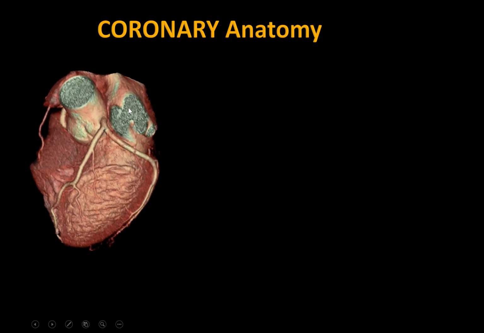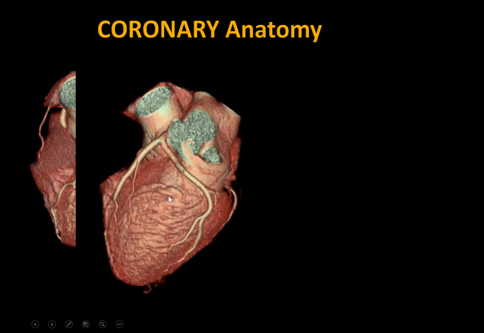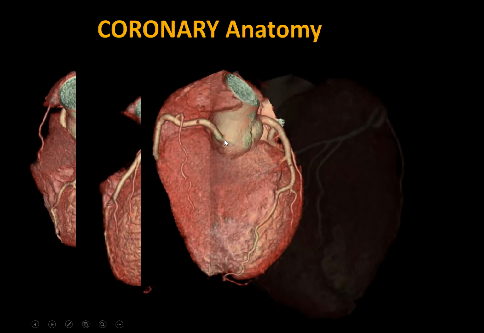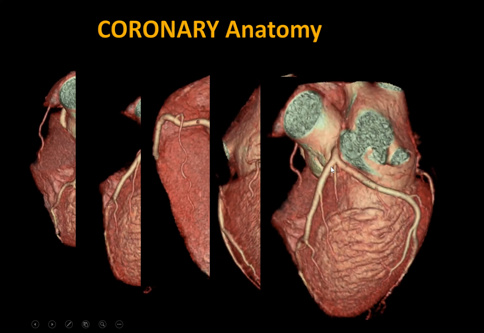There are two coronary systems. The left coronary system arises from the left aortic sinus and divides into LAD and LCX, which run in the atrioventricular groove. The right coronary system arises from the right aortic sinus, runs in the right atrioventricular groove, and gives rise to the PDA, or posterior descending branch, which runs in the posterior interventricular groove, and the PLV. In 15% of cases, there is a third branch called ramus intermedius, or RI, which arises from the left main trunk between the LAD and LCX.